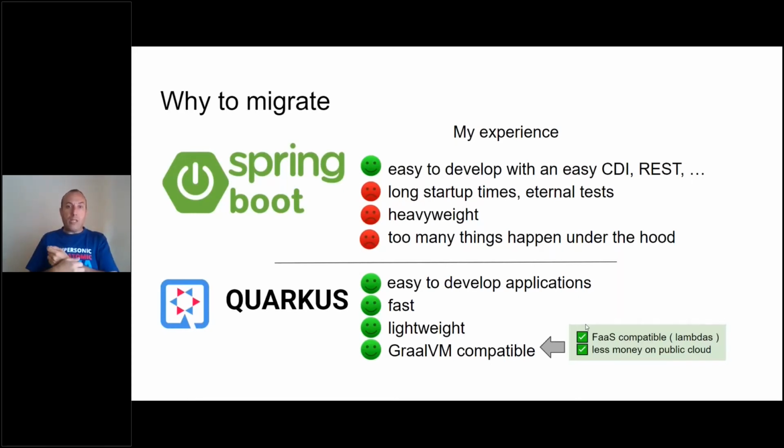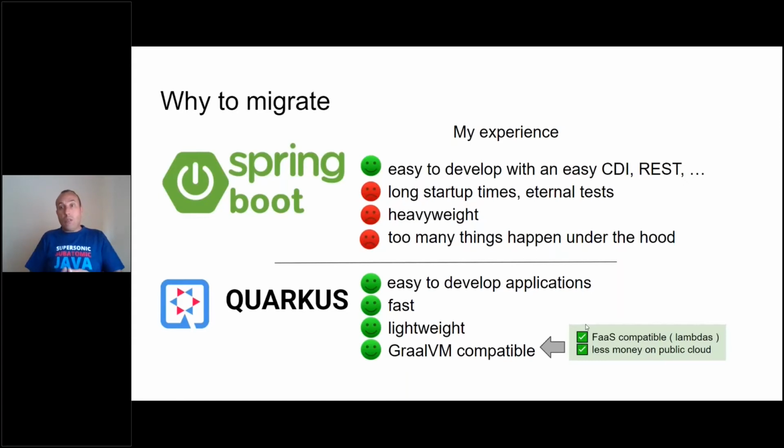Also, Spring was creating heavyweight applications with a high memory footprint, and too many things were happening under the hood: you add 2 different properties in the properties file, and a lot of services start. That's my experience. And what I read about Quarkus was that it is easy to develop applications. That's fine, but it's not super important because easy is a very subjective thing. Some people will find it easy, others will not. What is hard for you now, in 1 month will be easy. So that's nice, but not super important.